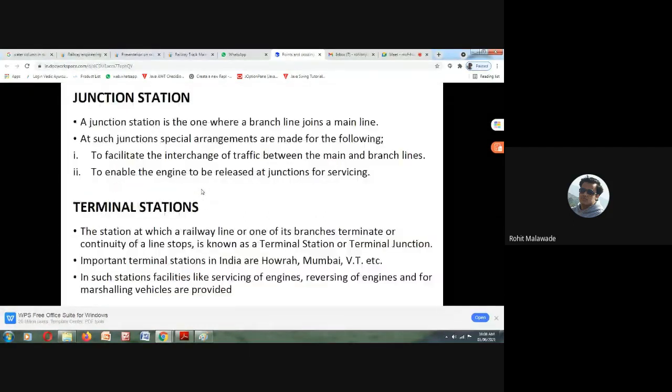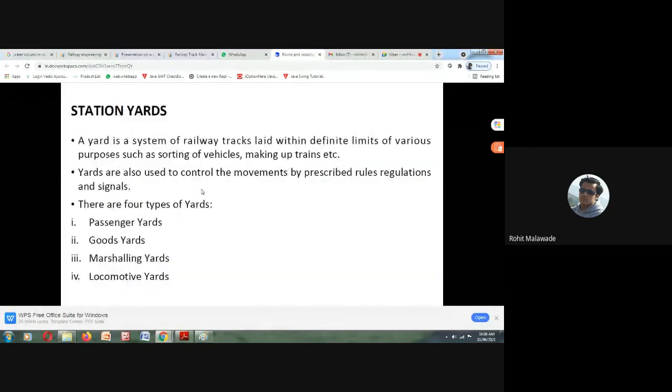And probably in our next class, we will be finishing the amenities that should be there at your railway stations. After that, we will be seeing monorail and metro rail, and what kind of facilities should be there. All these things we are going to see in our next classes.